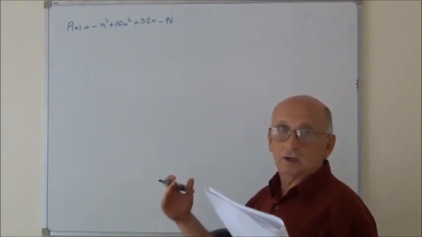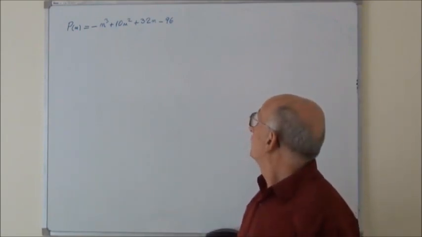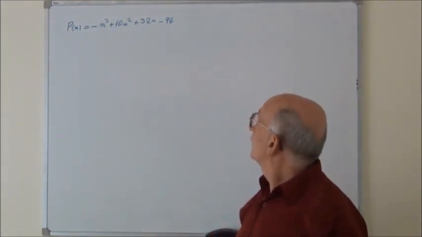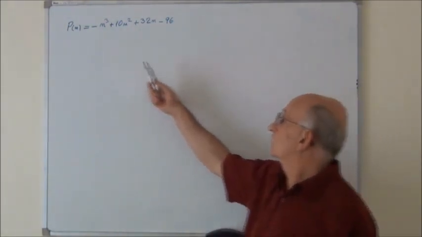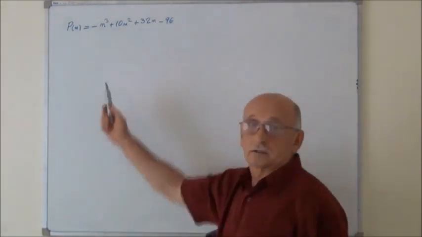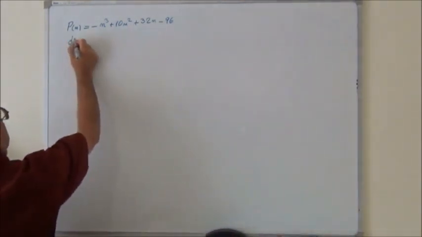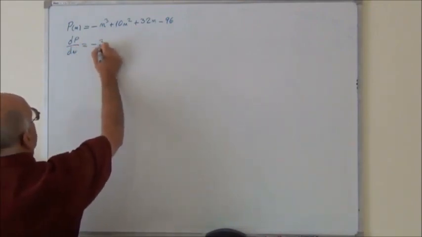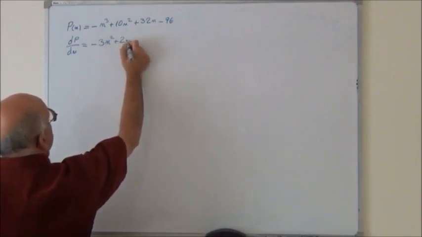We said usually equations are given with 2 or maybe 3 variables, but this equation has just 1 variable, so we don't need any extra equation to help us to differentiate. We can simply start differentiating straightforward. And dP on dn is equal to minus 3n squared plus 20n